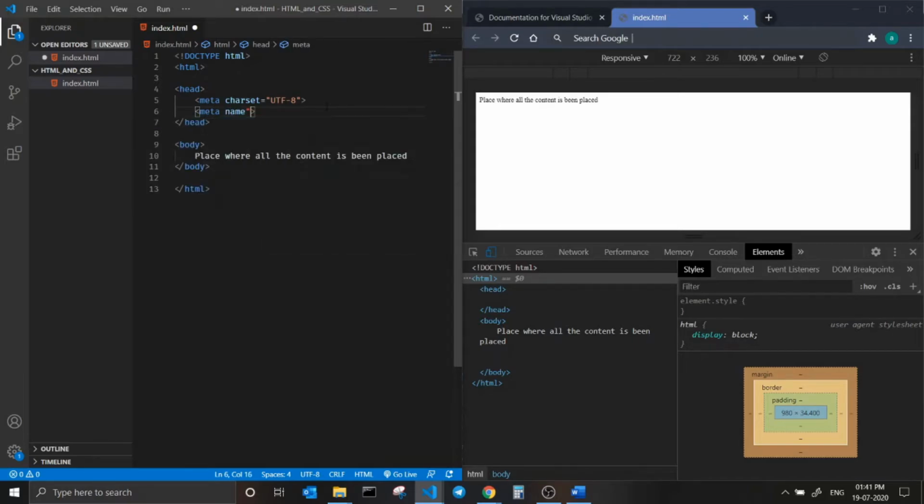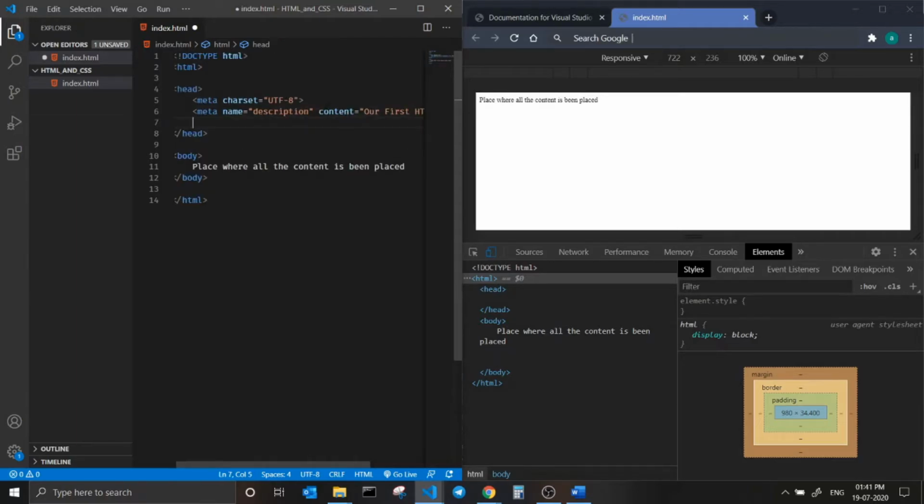The first one we will go with is the description. The first name will be the description, and the content will be regarding, let's write, first HTML series.